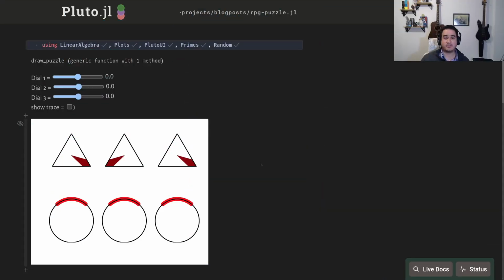Okay, so let's start talking about our RPG puzzle. So we were playing the game and I came up with this, I thought at the time, clever puzzle. Simple enough to be solved by chance, but also complicated enough if people wanted to take some time. The simplified version here, without any of the